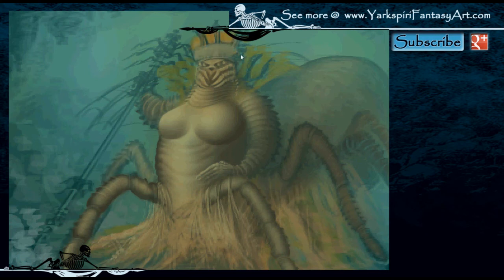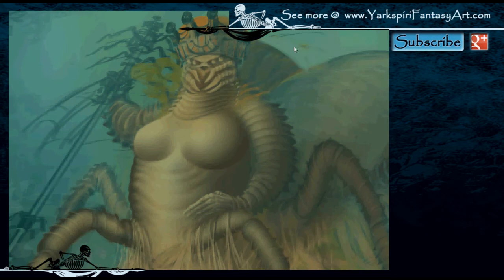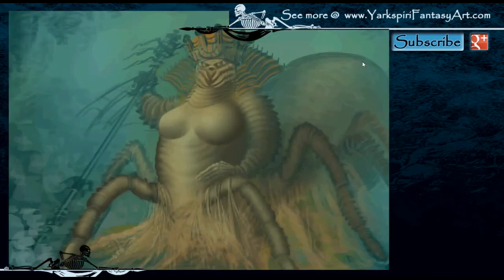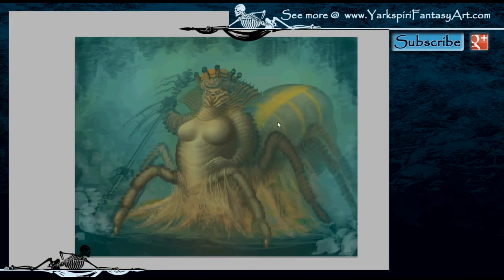I'm just working on the crown, as you can see. I'm keeping the information very simple. I don't want to add too much information into that crown. It's not a focal point. But I do need to add enough information so that it looks like it does belong to this image. Just adding some additional striping effect,